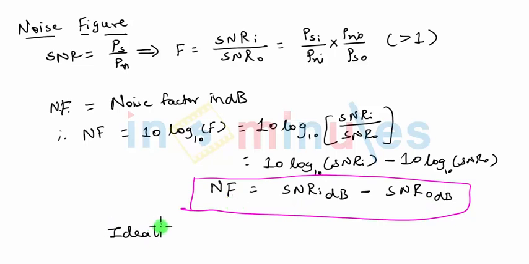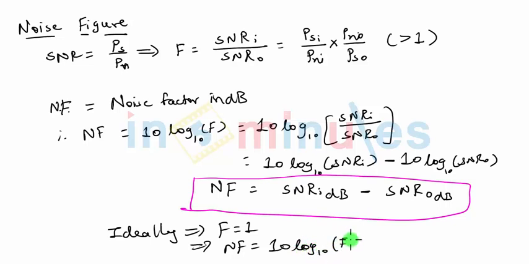Ideally, because we say that noise factor should be equal to 1, noise figure, which is nothing but 10 log of noise factor, 10 log of 1 will be nothing but 0. So ideally noise figure should be 0, which indicates that the amplifier or the system under consideration is not going to add any noise to the